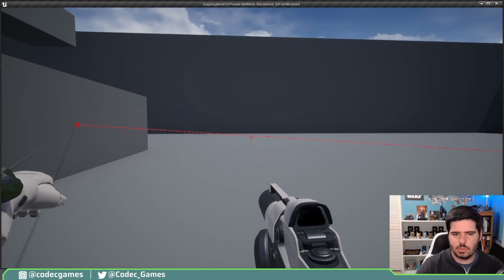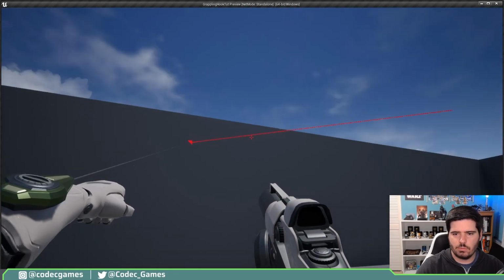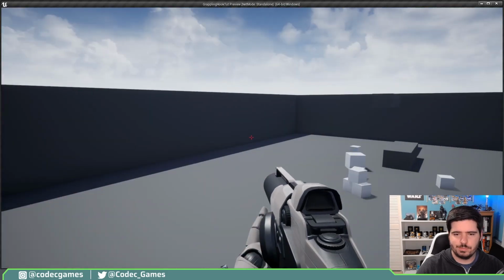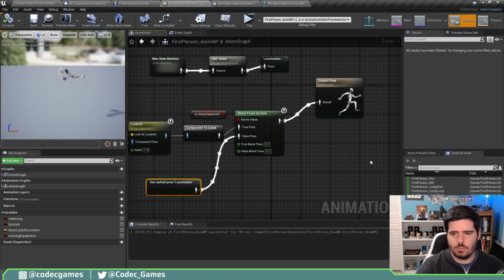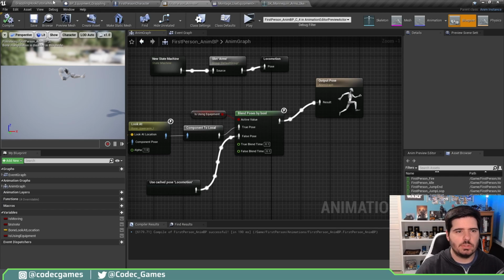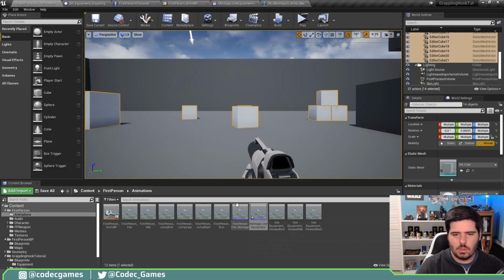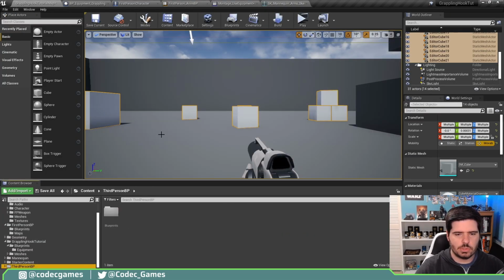And it seems to be working. So now our arm is following wherever we are grappling to. So that does it for the main functionality, but there is one more thing that I want to add just kind of for fun. So we'll go back to our map here, and I migrated in the third-person blueprint from